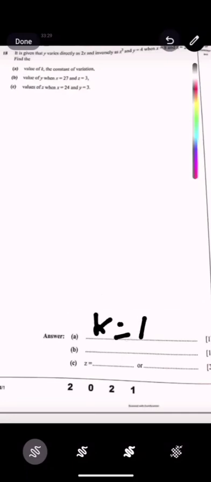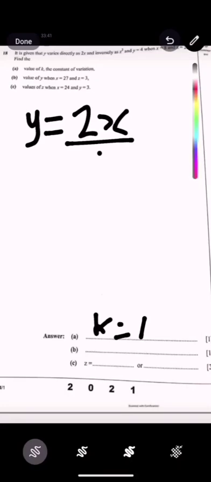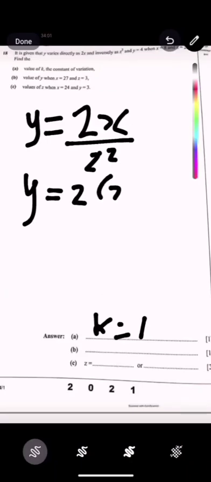Value of y when x... Okay, so we write the equation connecting all of them. So we have y equals 2x over z squared, right? Because k is 1, so we won't write anything here. It's invisible. Or should I say 1 times 2, it will be 2, so there's no need to write the k. Okay, so they want the value of y when x is 27 and z is 3 to the power 2,